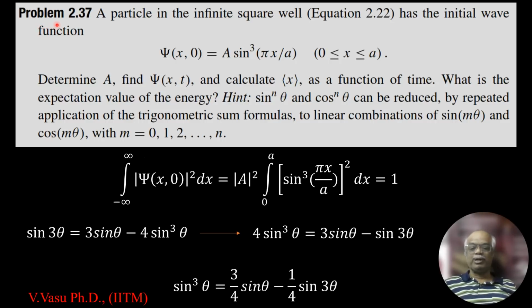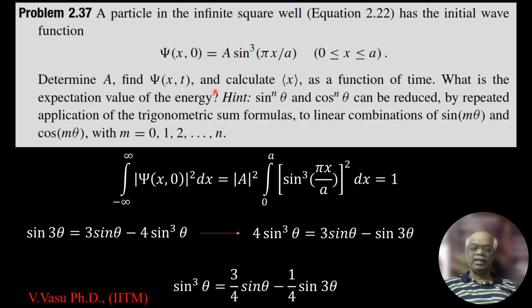Today we will solve problem 2.37 of Griffiths, third edition, Introduction to Quantum Mechanics. Problem 2.37: a particle in the infinite square well (equation 2.22) has the initial wave function psi(x,0) equal to A sin^3(πx/a) between the limits 0 to a. Determine the normalization constant A and find the wave function which depends on time, that is psi(x,t),